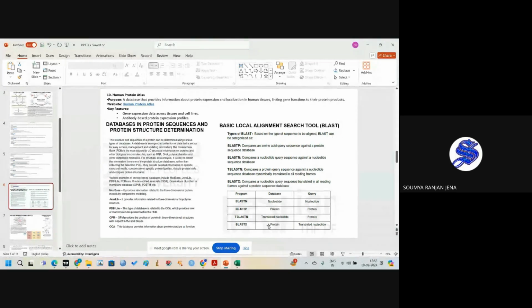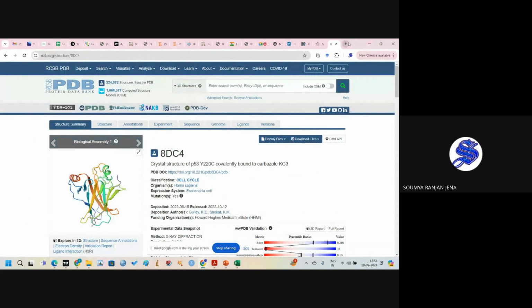Similarly in BLASTX, if you input the translated nucleotide sequence, it will give rise to the protein. These are the Basic Local Alignment Search Tool programs used to study protein structure or DNA structure and function analysis and determination. If we go to the BLAST tool,